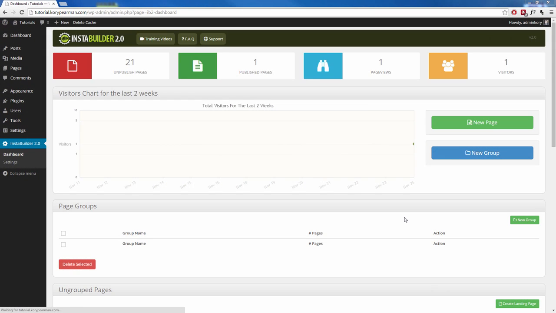Hi, during this video, I'm going to be showing you how you can use one of the many different templates that we have for you inside of InstaBuilder to create your web pages in a matter of minutes. So here I am right now inside of the dashboard of InstaBuilder 2.0, and what I'm going to do is